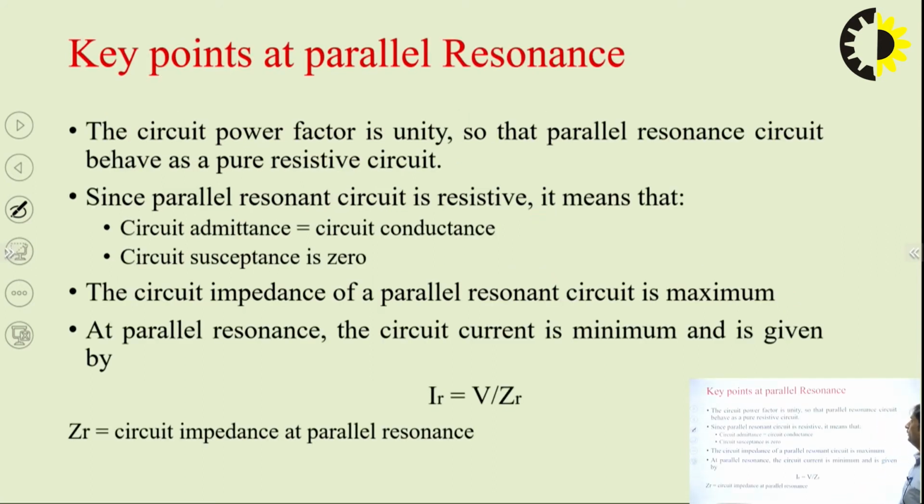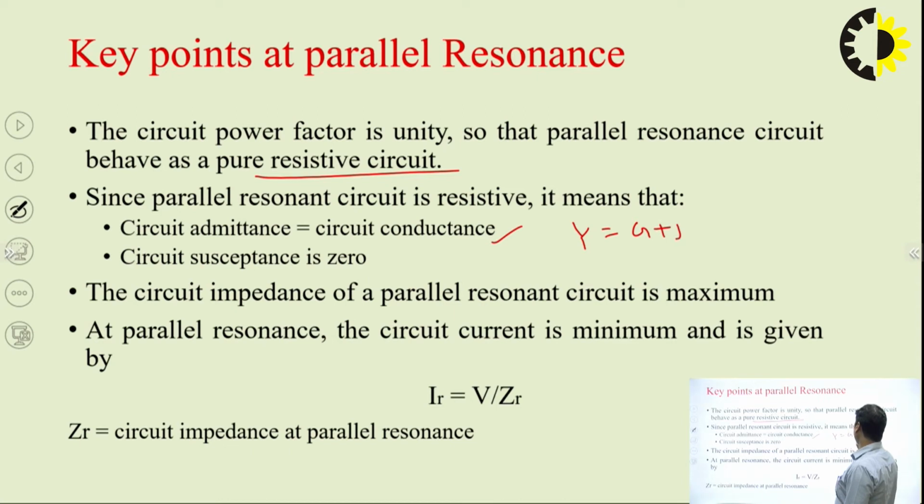In the key points, the circuit power factor is unity in both resonances, series and parallel. The important part is that the circuit power factor is unity, so it will behave like a pure resistive circuit. When there is a unity power factor, that means the circuit behaves like a pure resistive circuit. Since the parallel resonance circuit is resistive, it means that in parallel the circuit admittance is given by